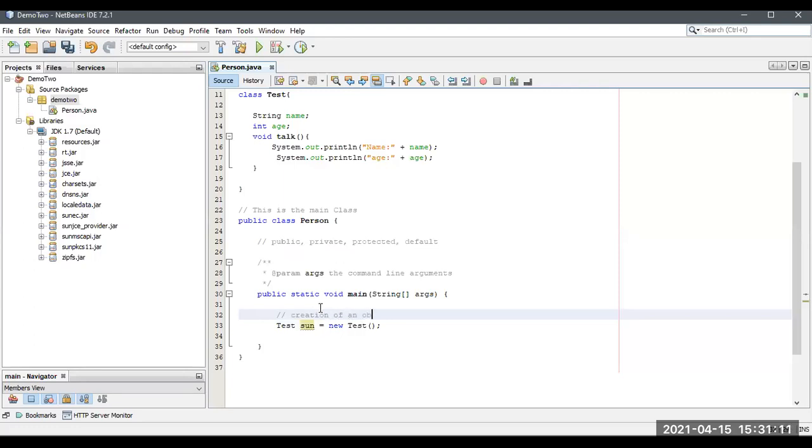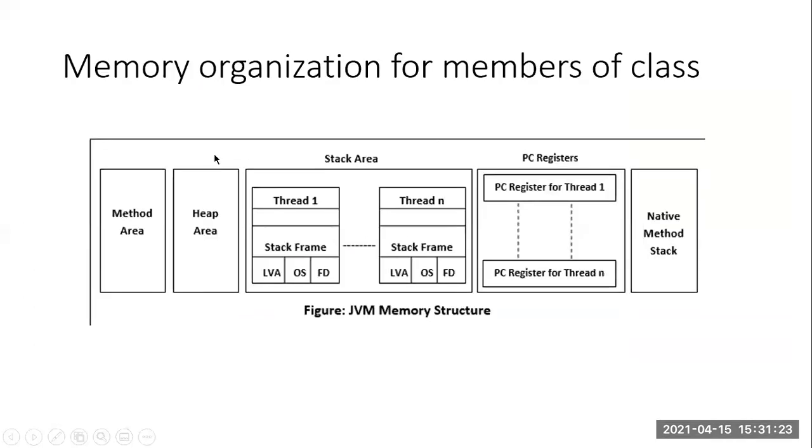So here, when you create an object with the keyword new, it goes towards the heap area. Inside the heap area, the object will be created. You have to remember this.